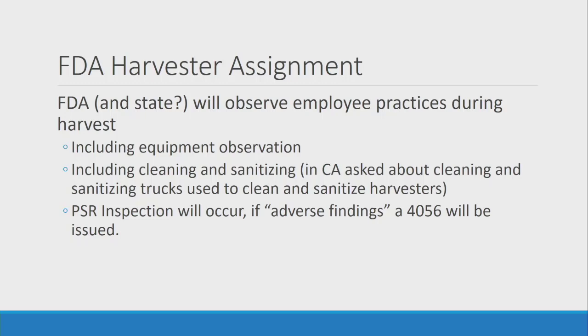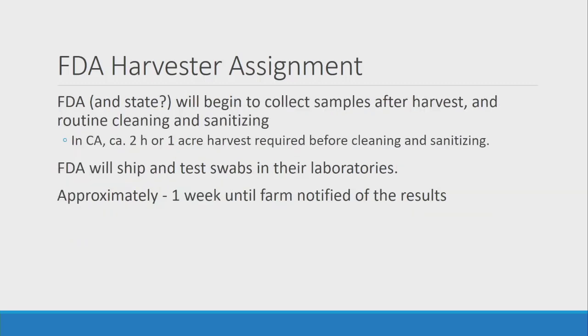PSR inspections, the produce safety rule inspections, are being done by FDA when they are observing that harvesting process. If adverse findings are found while they're watching harvesting or cleaning and sanitizing, they will issue that 483 to say that they found something not right in that harvest process. Okay? And then FDA and the state just observe, but FDA will begin to collect samples after the harvest, cleaning